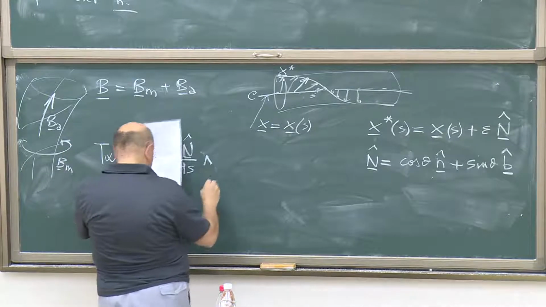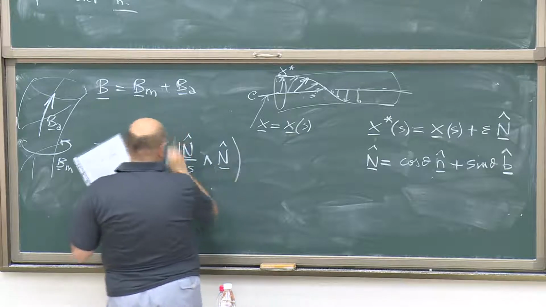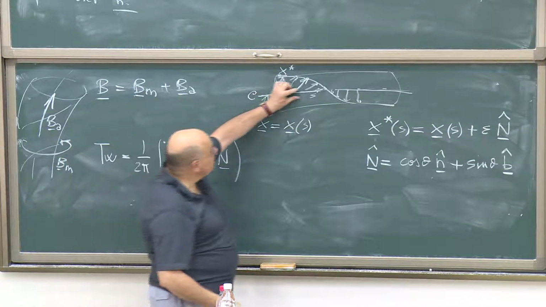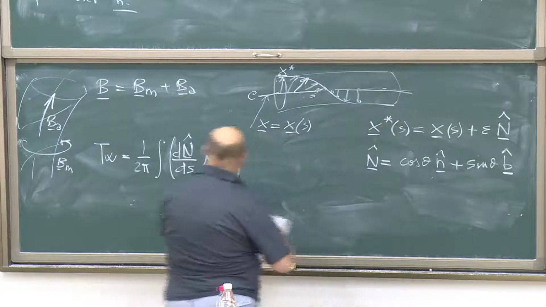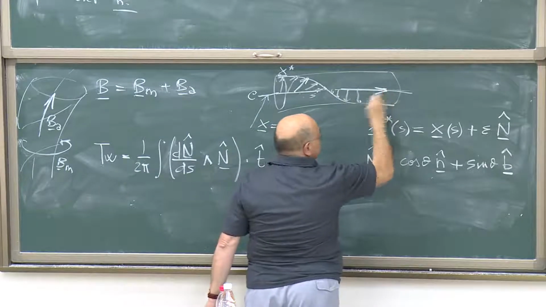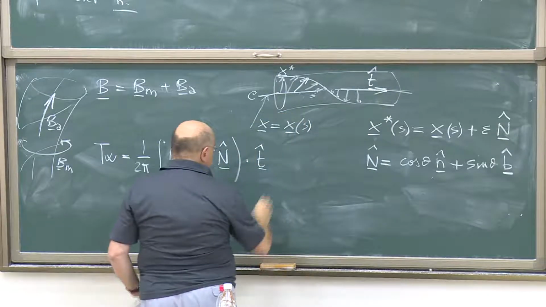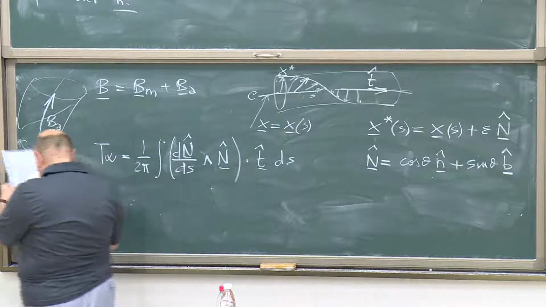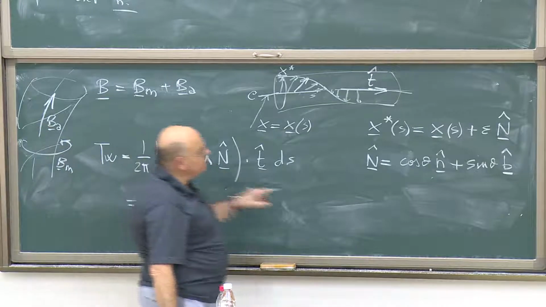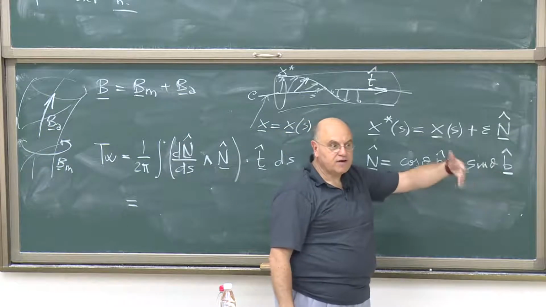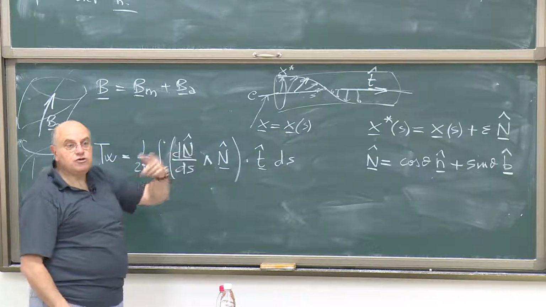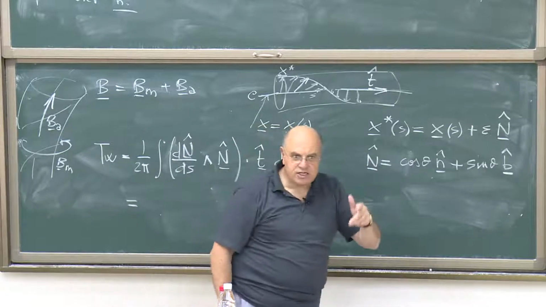And this is cross product with n. And all this is a rate of rotation. And the rate of rotation, we want to take care of the rate of rotation in this direction. So you have to multiply this vector by the unit tangent in this direction, t, to c, and you integrate this in S. You do some calculations here. You express n in terms of the unit normal and binormal by the Frenet frame. You substitute that here. You take your derivatives, and you use those equations, the Frenet-Serret equations I mentioned to you before,